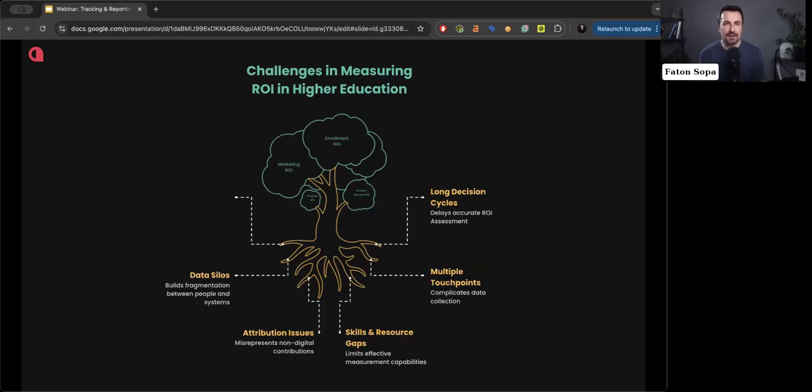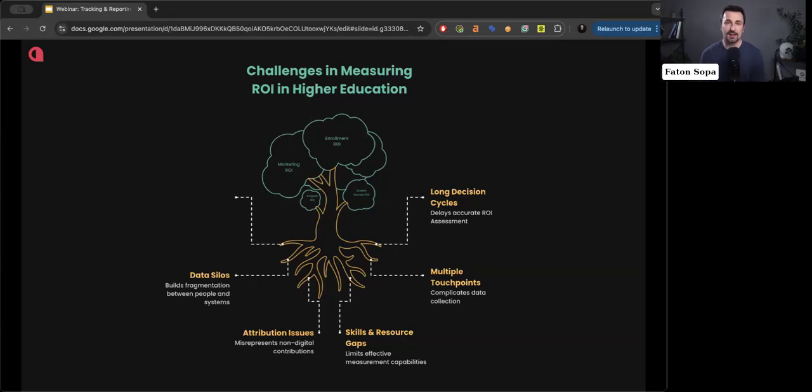This is the classical data silo, where you have marketing measuring traffic, rankings, and leads, and then you have the admission team tracking applications and enrollments on the other side. Then there is either miscommunication, lack of communication, or lack of integrated systems that would help those two departments, as well as other departments along the line, exchange information so that they can build a full enrollment funnel.